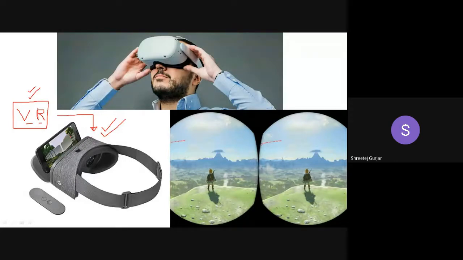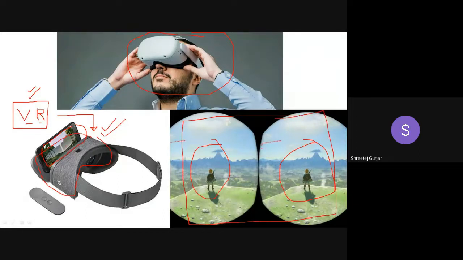Here you can see we have this particular VR headset, and we place your mobile like this in the headset and you view. So what this phone will do is cast two images like this. When you view through this VR headset, you will see only a single image, because your brain will combine those two images. So you will feel depth, like 3D, like natural vision. That is the magic of this VR headset.